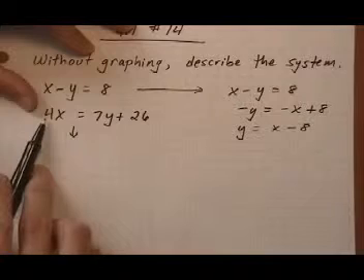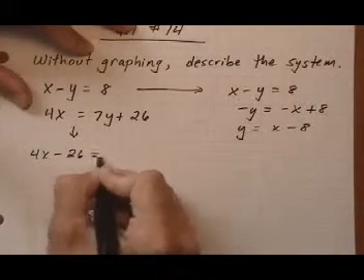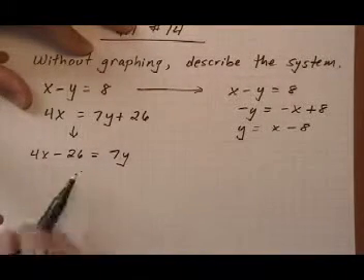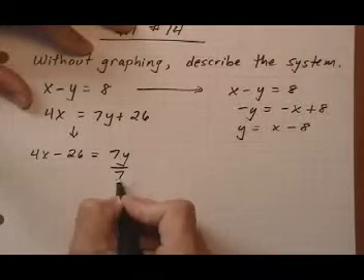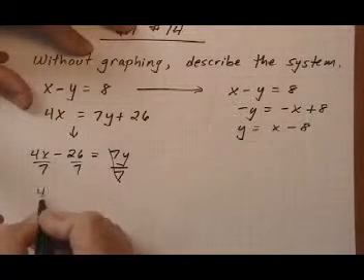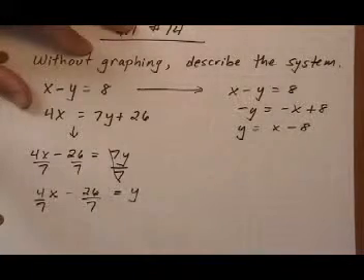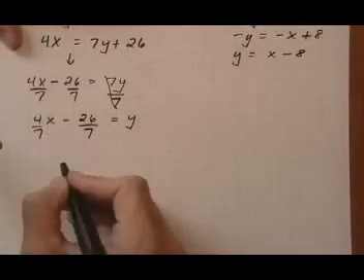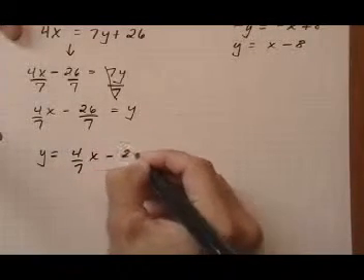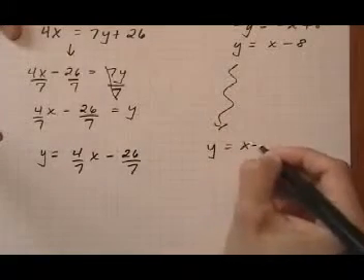take away 26 on both sides. We want to clear everything away from the y. So that gives us 4x minus 26 equals 7y. And then we want to divide each term by 7. So that gives us 4/7 x minus 26 over 7 equals y. And let's put it in the way we're used to seeing it, which is y on the left side. So y equals 4/7 x, take away 26 over 7,